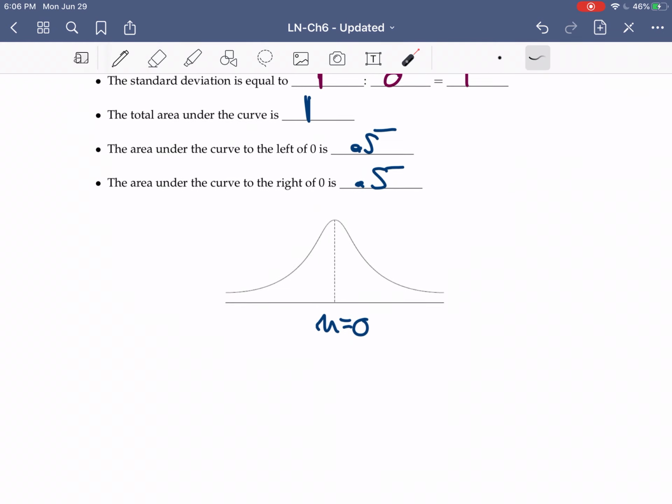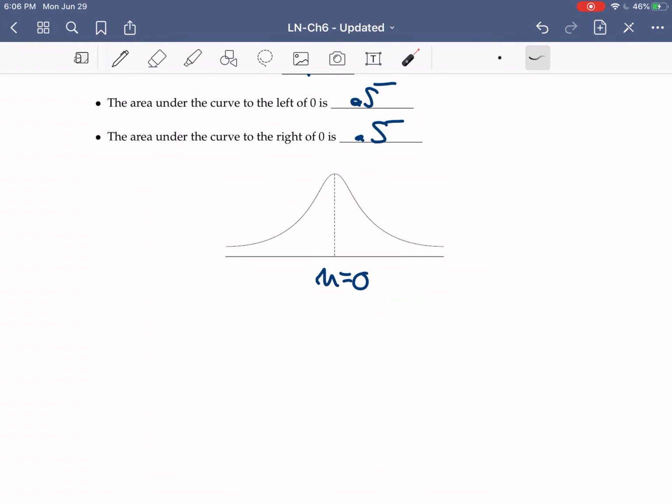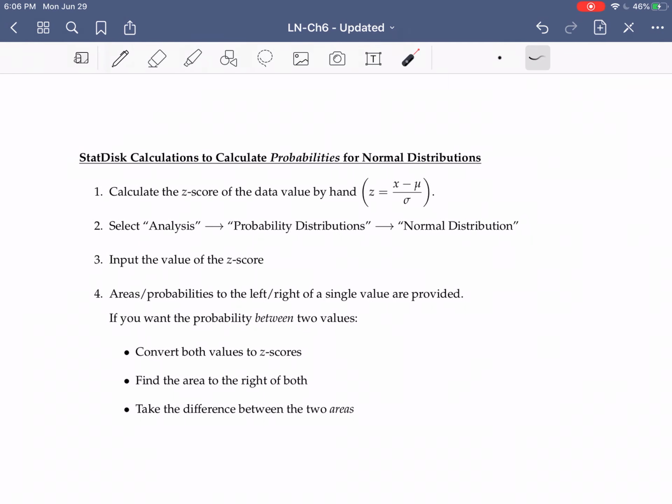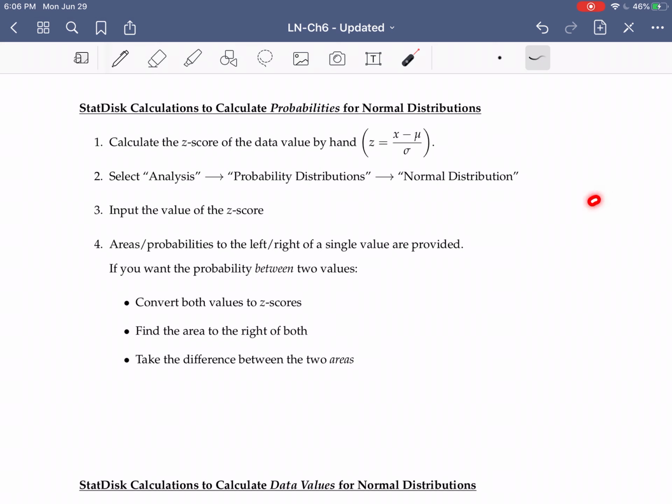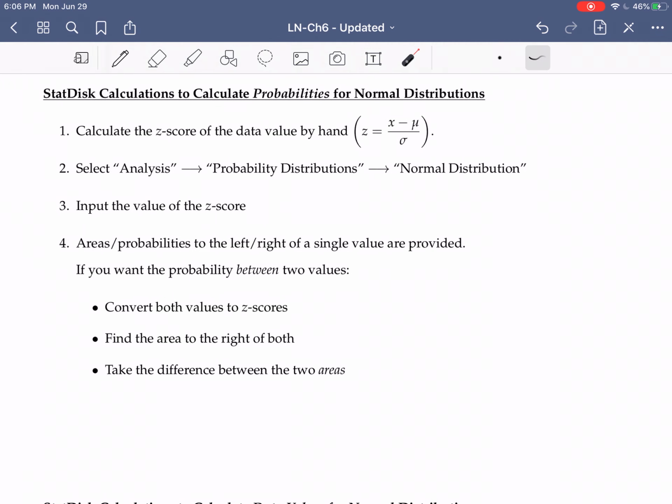All right, so let's take a look at how we calculate probabilities, how we're going to use technology. We're going to use StatDisk. StatDisk is a computer program that we can use. It's by Triola, so if you are using the Triola series, which these notes are based off of, then you can make use of StatDisk on statdisk.org. So let's take a look here. If we want to calculate the probabilities for normal distributions,